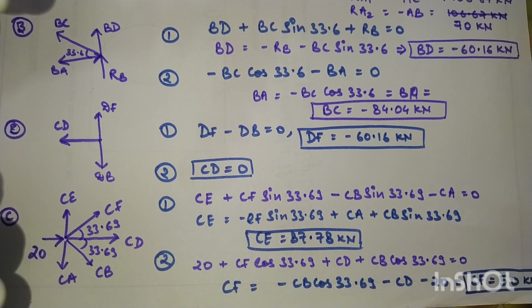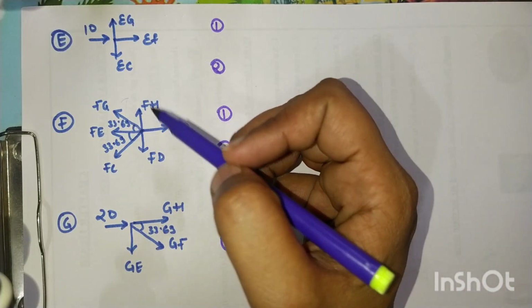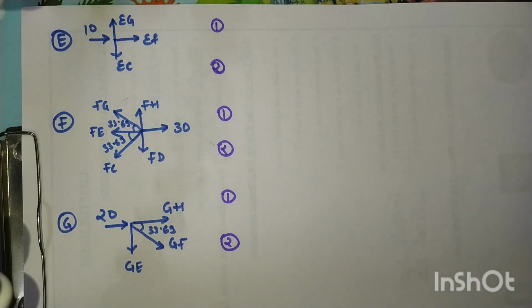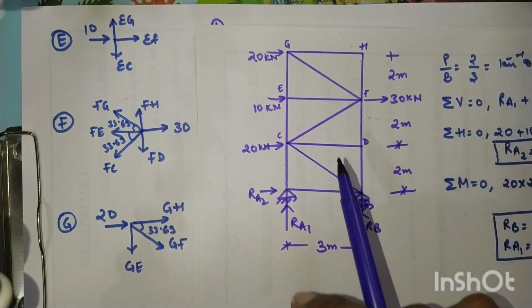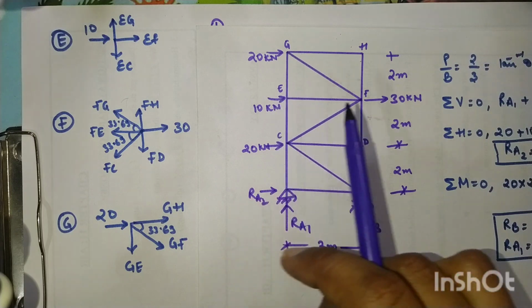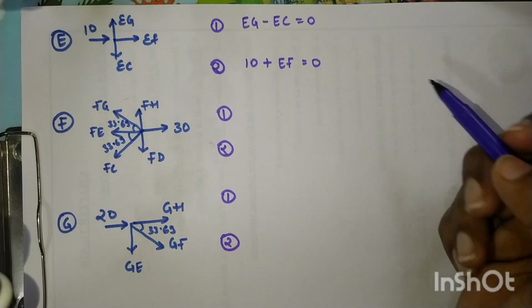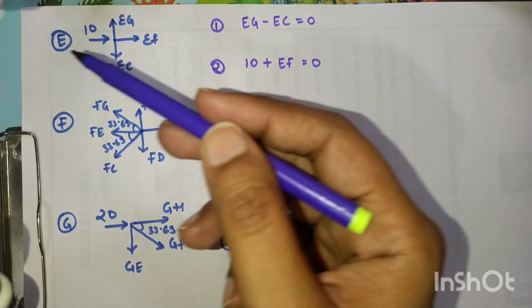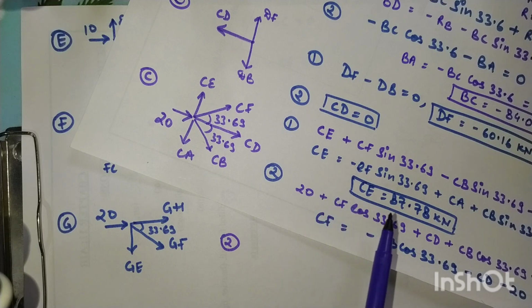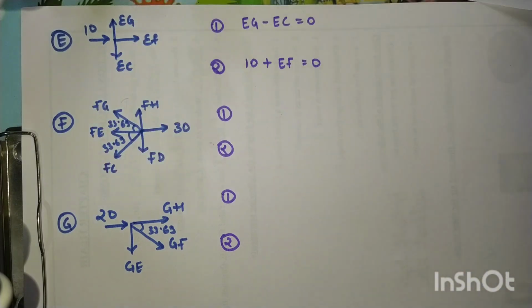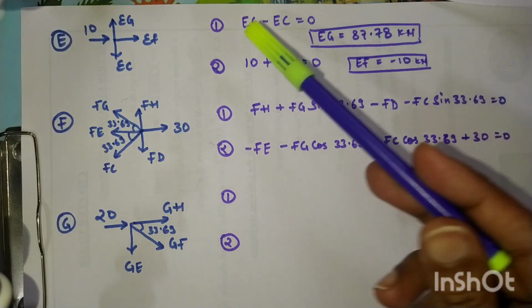Next we are going on to the further joints. इनको solve करने में थोड़ी मेहनत लगती है, but it is very easy to solve because we are only using resolution of forces. So next we have E, F and G joints. तो हमने सारी की सारी forces और joints को बना लिया है and now we'll be analyzing them. So the first equation is your vertical equation and the second one is your horizontal equation. हमने ये पुरानी सारी values उठा के इनमें रखना है और हमें solve करना है. We have to simply resolve all the forces.